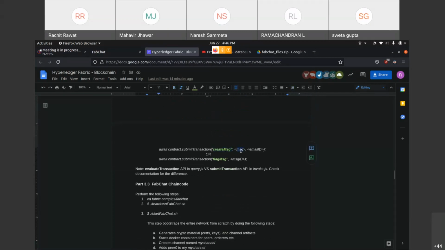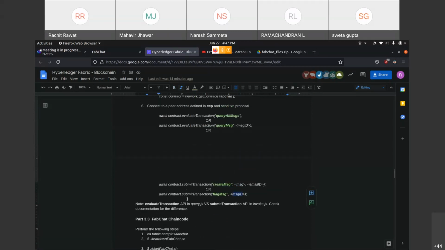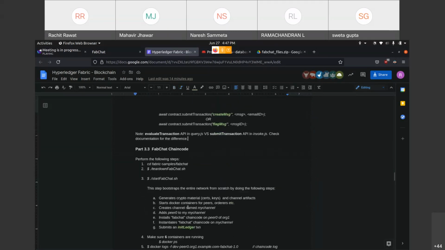You pass your message text and the email ID. And you can also flag a message, and you just have to pass the message ID of the message you want to flag. Okay. But beware that there are two different functions that I'm using: evaluate for queries and submit for create and flag. For the difference, you can check the documentation.